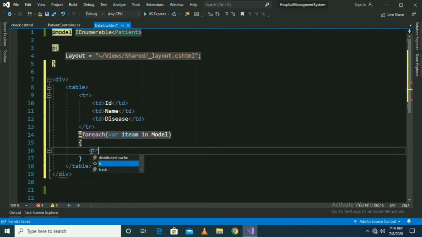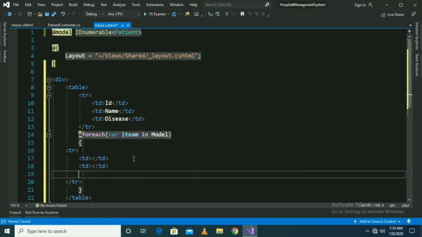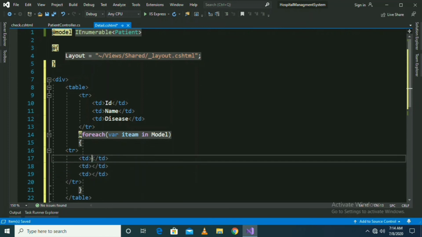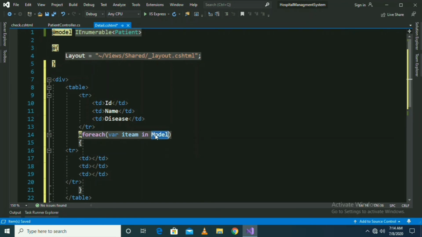Here tr, and inside it td, and I am going to copy paste this td 2 more times. Now what is happening here: my model contains all the data, and foreach will take one record from the model at a time and put it in item.